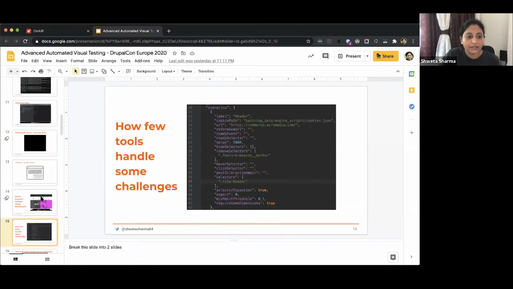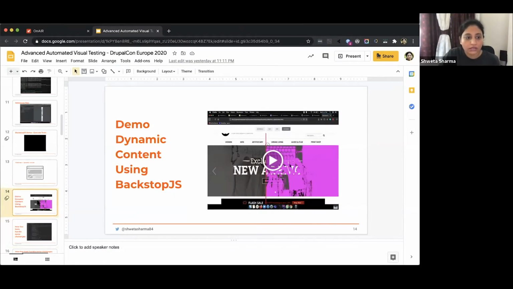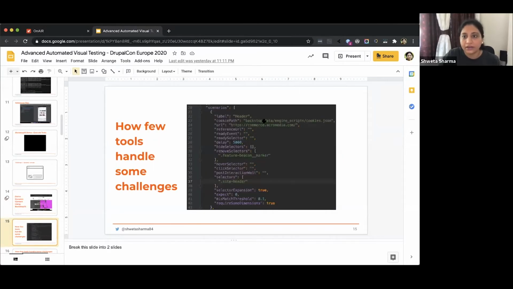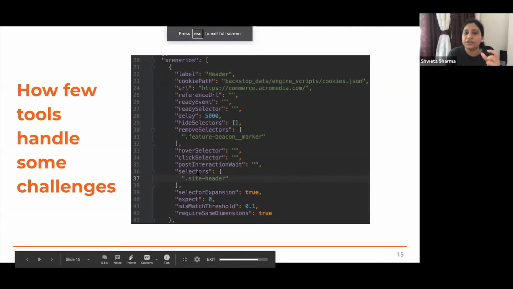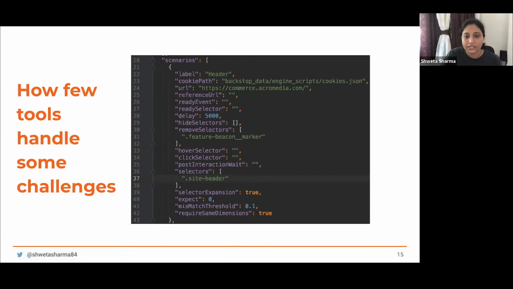We'll see it in the coming slides. For the header element, we are going to remove the feature beacon marker that was flickering in the header and throughout the page as well. So we're going to completely remove it while we capture the header element.